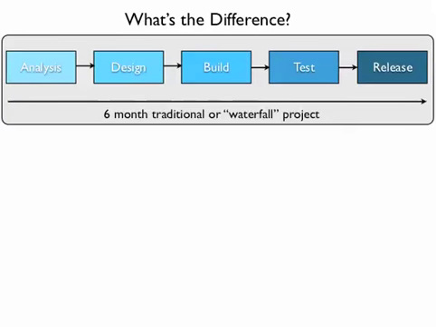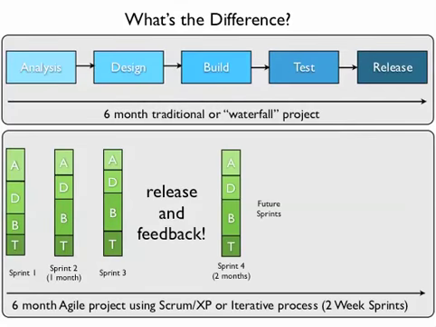So what's the biggest difference between Agile and traditional or waterfall methods? Waterfall focuses on more sequential activities with teams that are specialized and sliced into functional silos. Agile focuses on a cross-functional team, which means putting together a team that has the skills, tools, and experience necessary for that project, and breaking the work into sprints or iterations. So in the first sprint, for example, you may do more analysis and design, but you'll also do some building and testing. And that could be doing a prototype or mock-ups or something to get you user or stakeholder feedback very quickly.